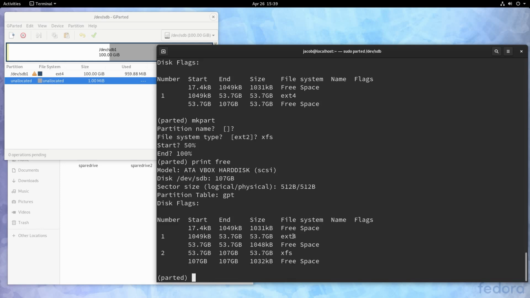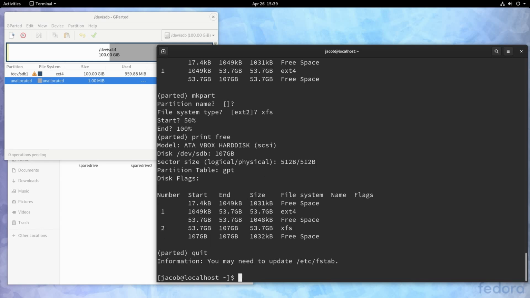And you can see our two partitions, and there is a tiny little bit of free space in between them, once again for that alignment stuff, but we have two 53.7 gigabyte partitions here now on our drive. So we can quit. Now at this point, I want to run a file system check on /dev/sdb1, and